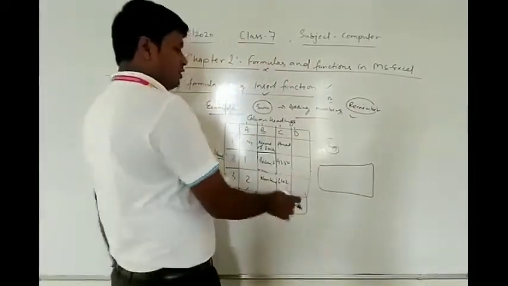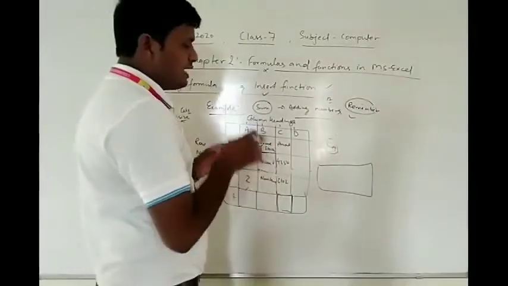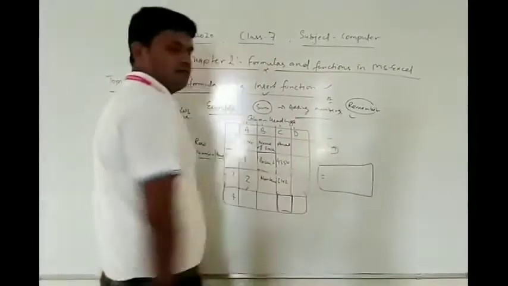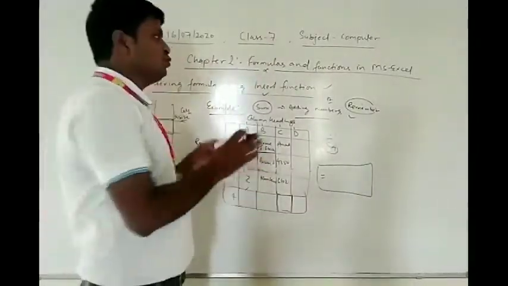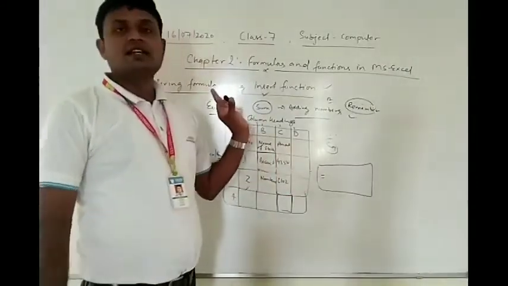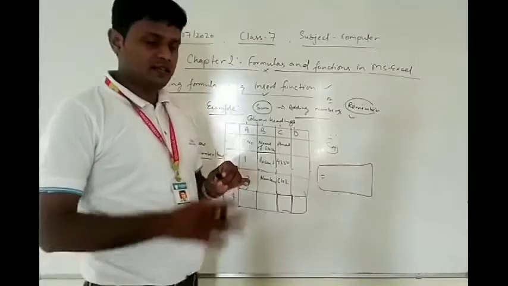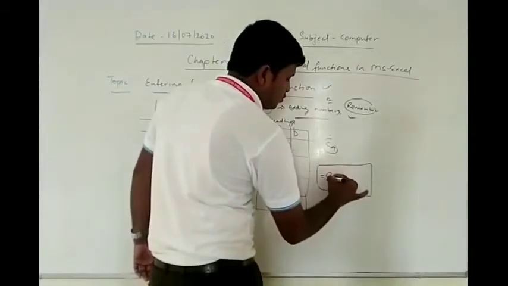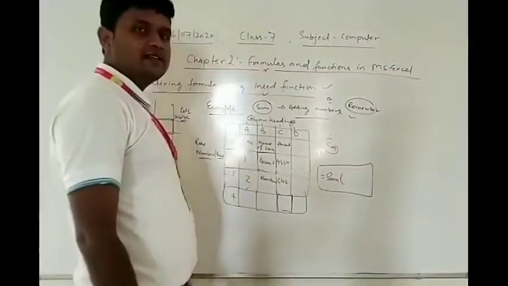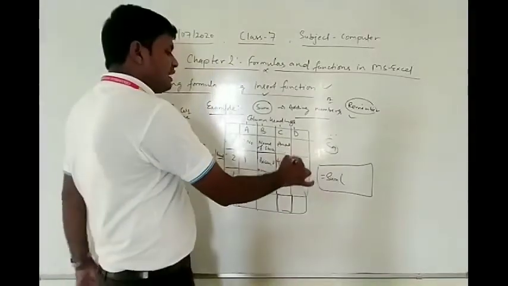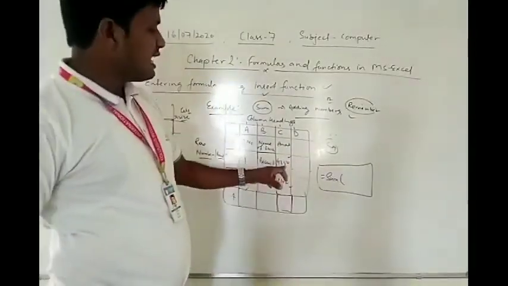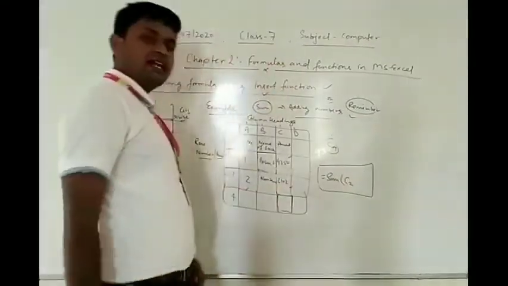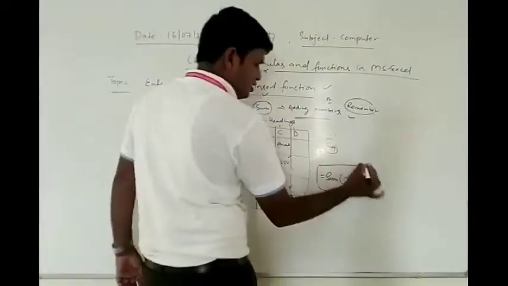If you need to write the formula, there is only one choice: you put the equal sign. In every formula in Excel, you need the equal sign. After that equal sign, you write, if you remember, SUM, then a small bracket. After that, from which cell to which cell to add? So this one, C2. You just write C2 here and give the colon. This is the colon symbol.